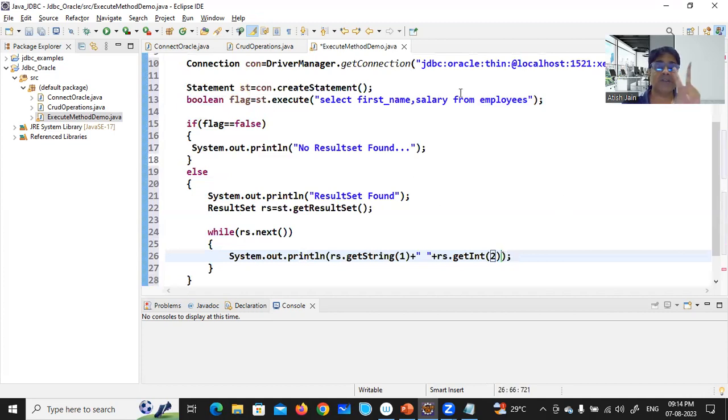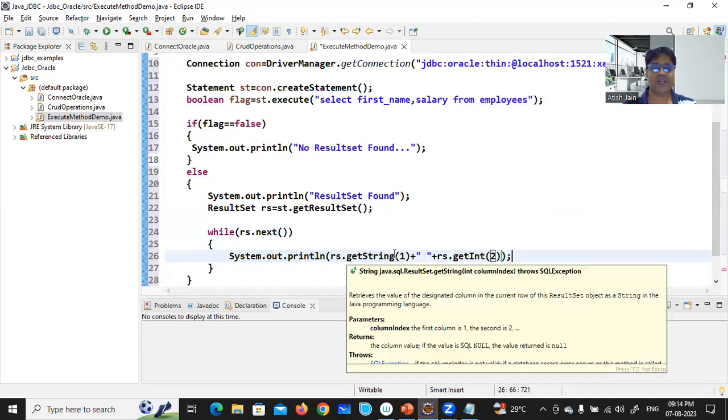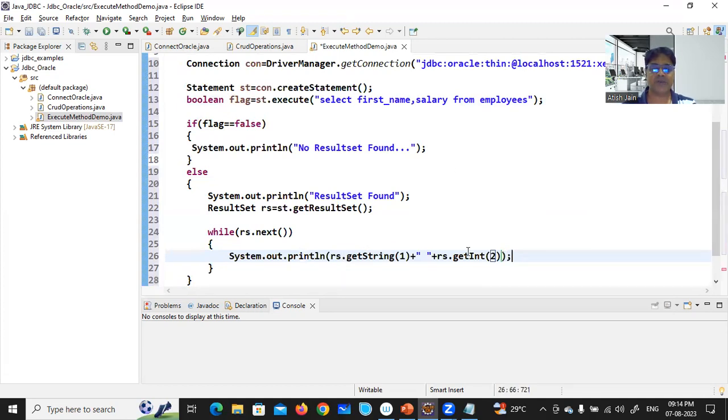Because your result set will contain only two columns. First column is your first name, second column is salary. As the name is of string type, I said getString of 1. As the salary is of integer type, I said getInt of 2. Okay. So now you can just execute this program and check